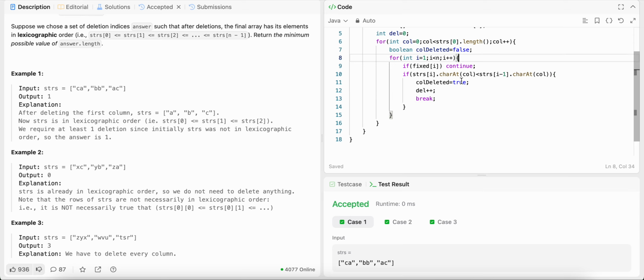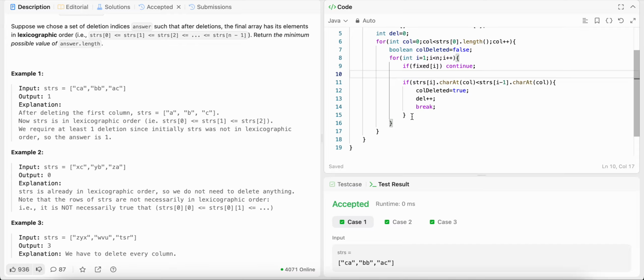So the work of this loop is done. Now we will go ahead, and check if column deleted